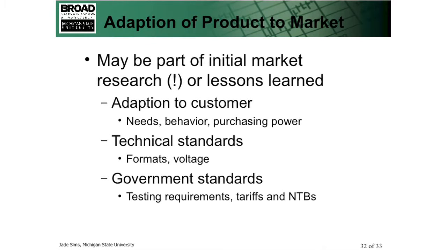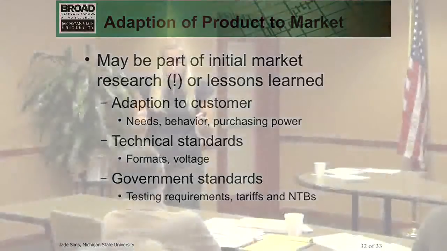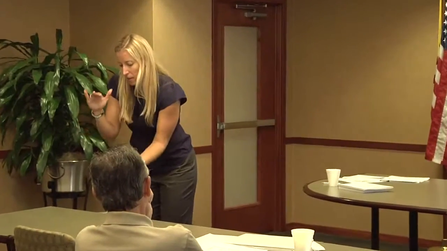So they might be using a different voltage, right? If you go to Europe, a lot of times you see washing machines that are about this big, right? So if you're selling these washing machines that are these big industrial models that we have in our homes these days in the United States, probably not going to work out real well in an apartment in Madrid or Paris, right? So you might need to adapt your product